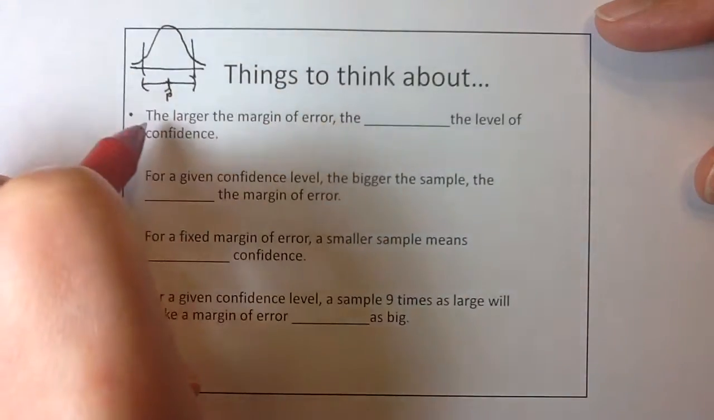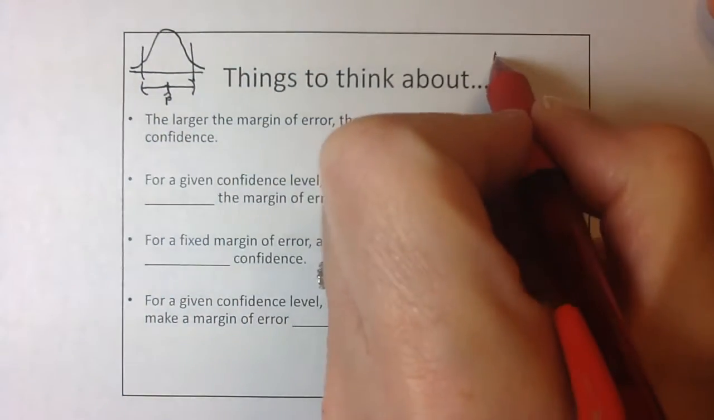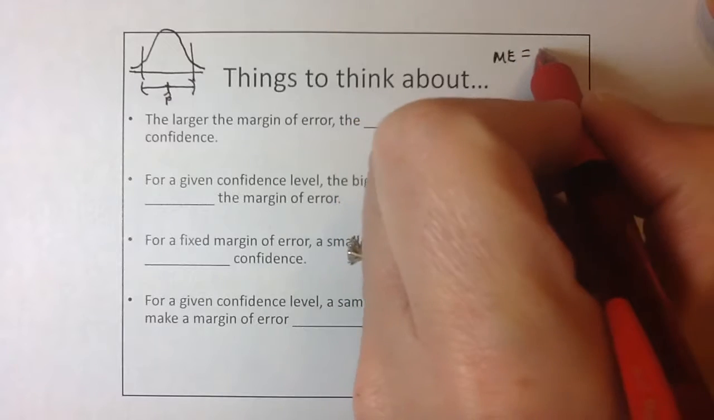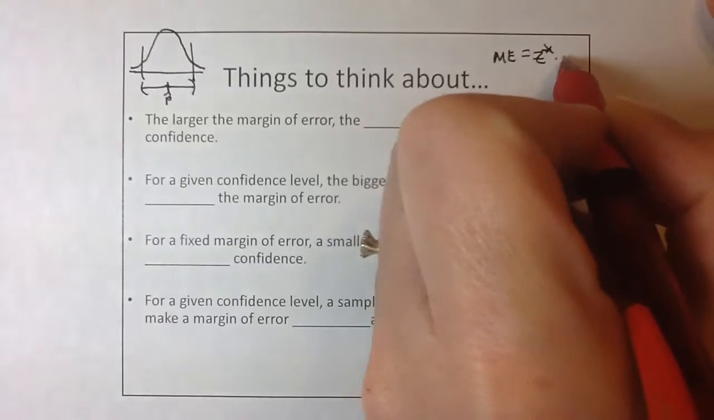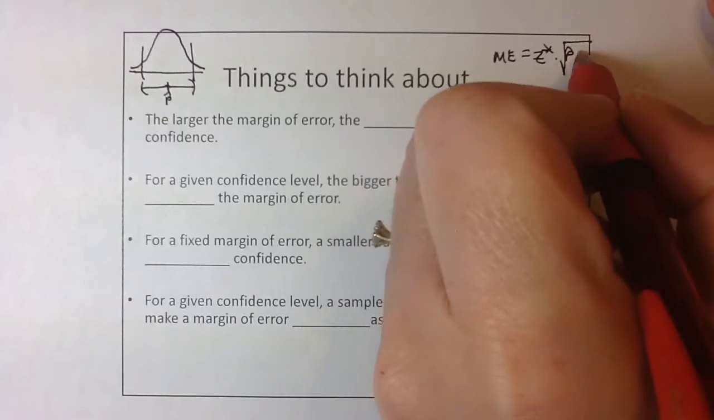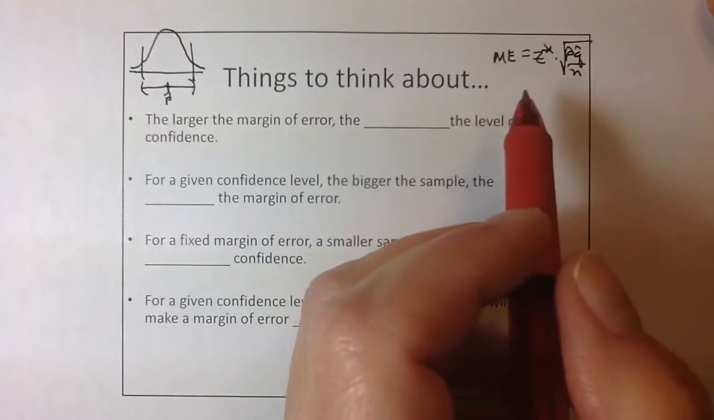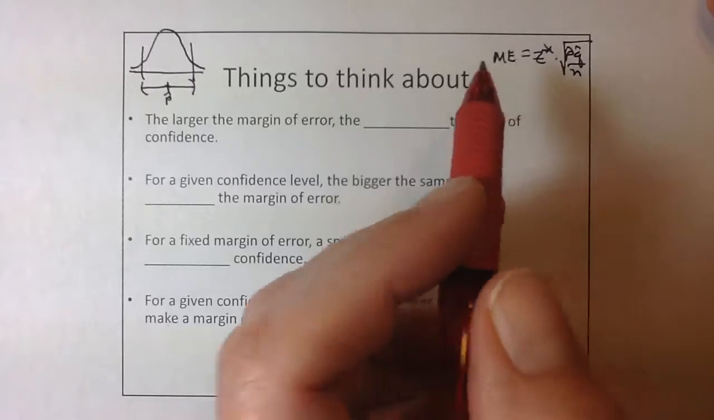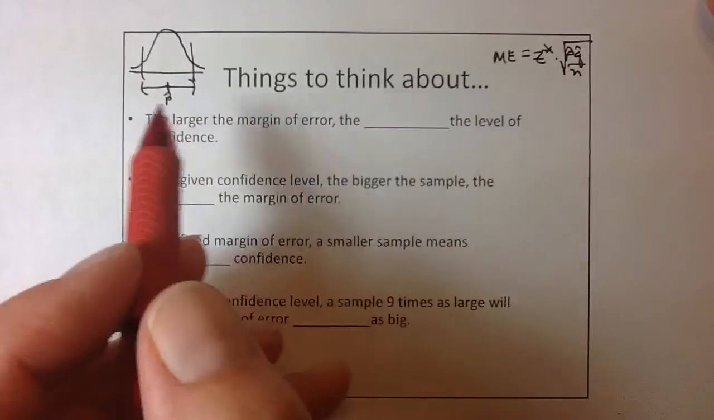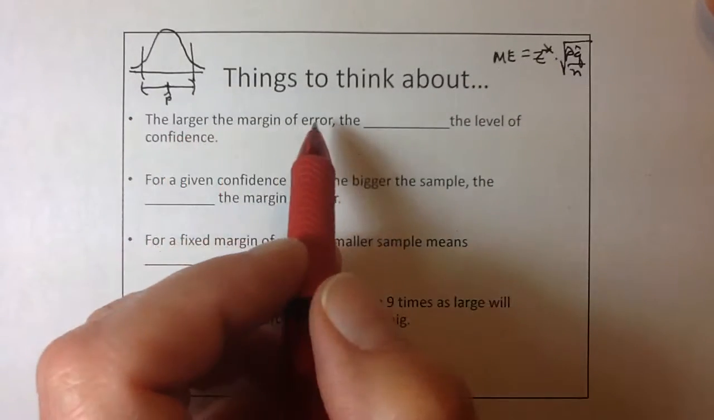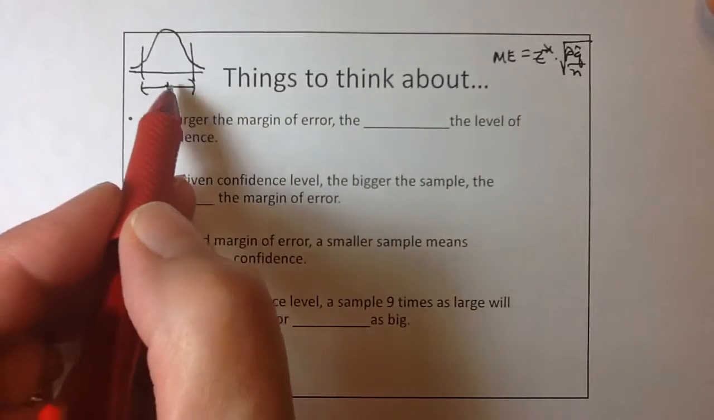So you can use the picture, or you can use the equation: margin of error equals z star times the square root of p-hat q-hat over n, and think about manipulating those numbers. So we'll look at it from both perspectives. I want to know, fill in the blank: the larger the margin of error, that means the wider